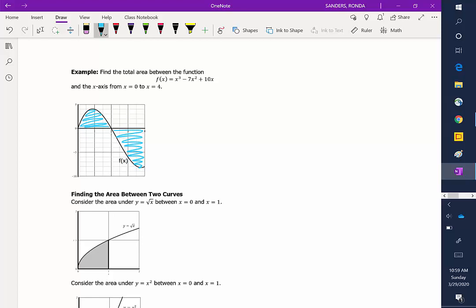So if we would like to find the total area between the function and the x-axis, we will need to use absolute value. We'll evaluate the integral between 0 and 4 of the absolute value of x raised to the third minus 7x squared plus 10x dx. To evaluate this on the calculator,